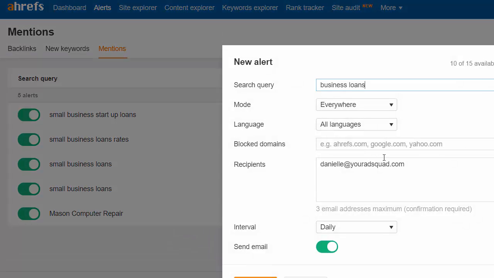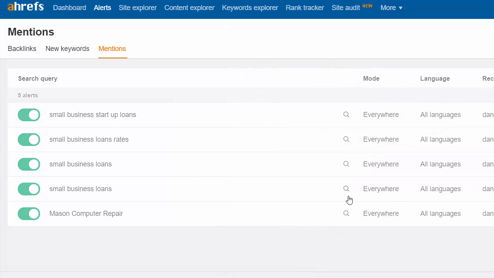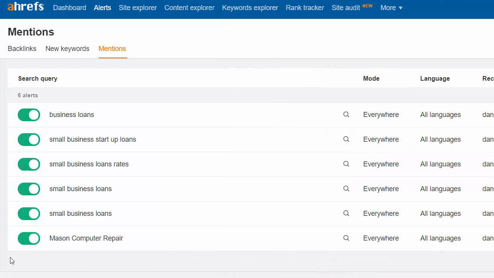And sometimes we can't do this for our clients because we have so many different clients that the alerts really get confusing after a while in finding all the opportunities, and we can't have 2,000 reports showing up every day. But what we're doing now is monitoring these main keywords, and whenever a post shows up anywhere on the web with the phrase business loans mentioned in it, that is a pretty good chance that we can reach out and ask for a link to that site.